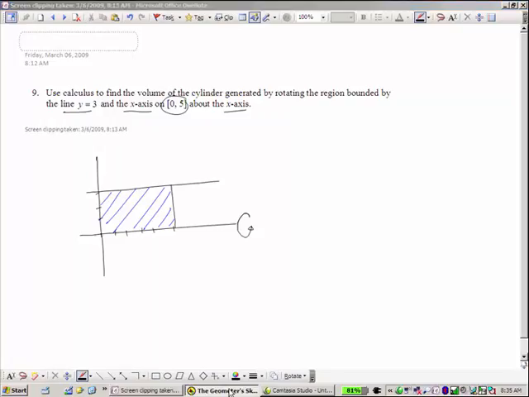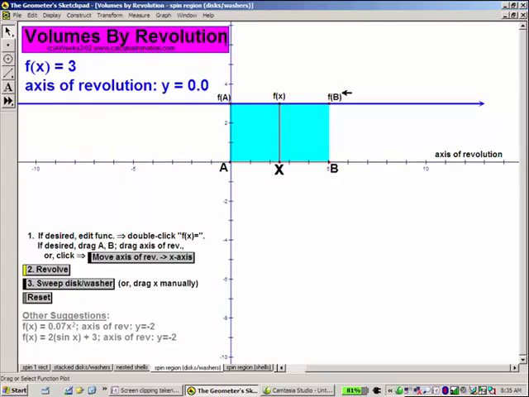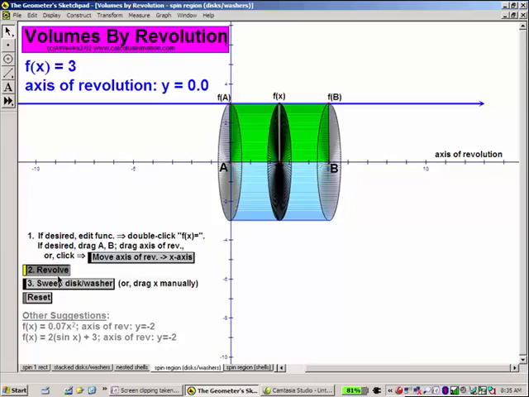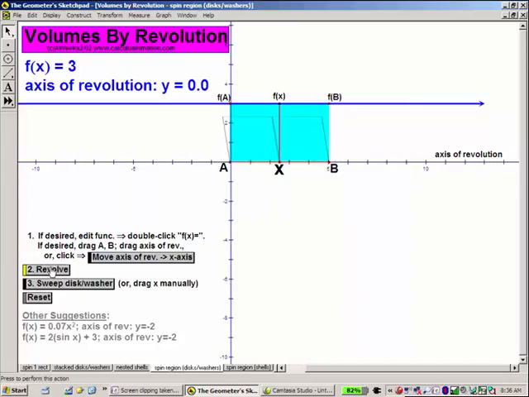So if I go to Sketchpad, this blue region is the region we're talking about, all right? And I can actually revolve it, and it's going to now try its very best to do a two-dimensional interpretation of a three-dimensional figure. Does that work for some of you? Yeah. Okay, a lot better than me putting my hand up and saying, it's coming out towards you, right? Okay, but